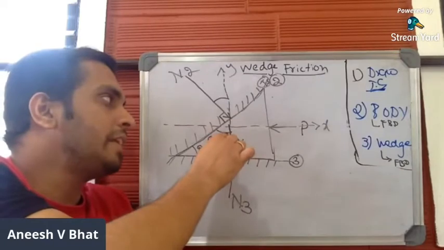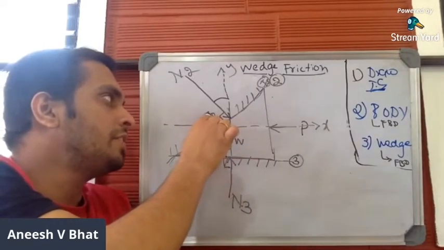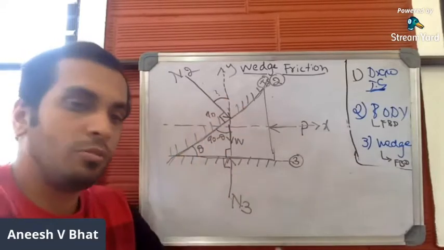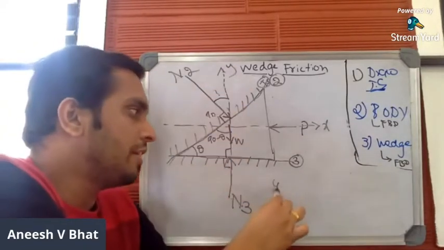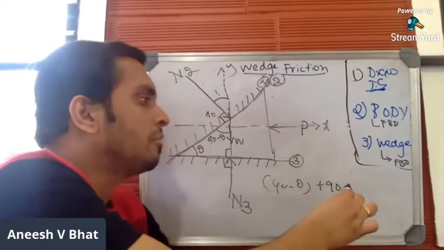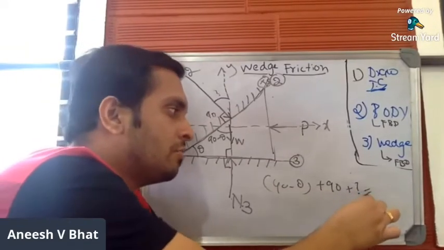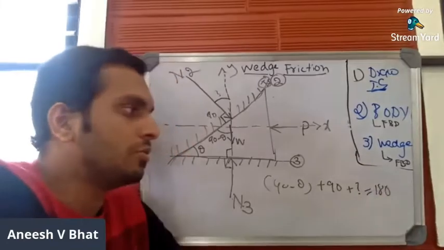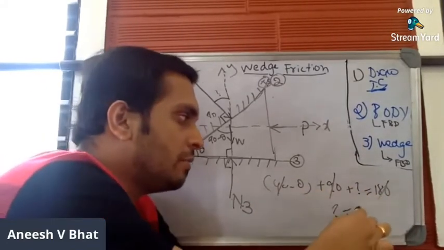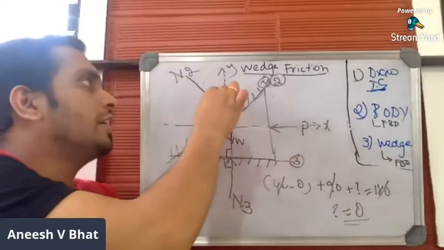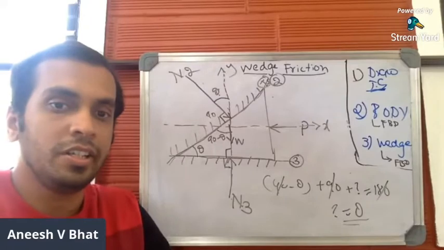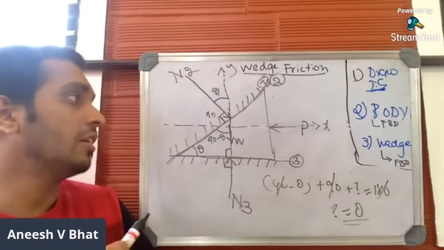So 90 minus theta, plus 90, plus the unknown angle, is equal to what? In this line, 90 minus theta plus 90 plus the unknown angle is equal to 180. Is it not? So 180 and 180 cancel, and the unknown angle will be equal to theta itself. Got it. Theta itself. Done.